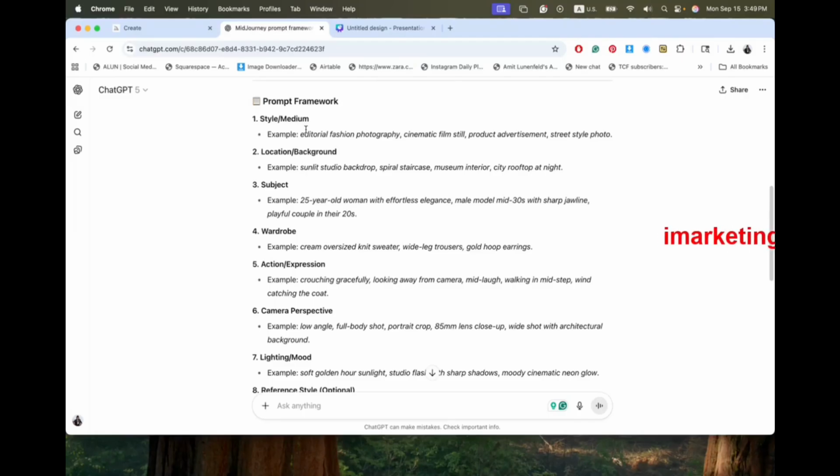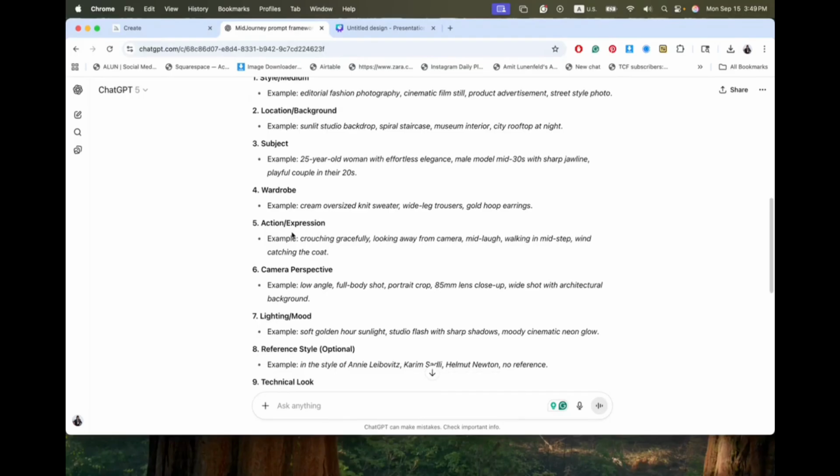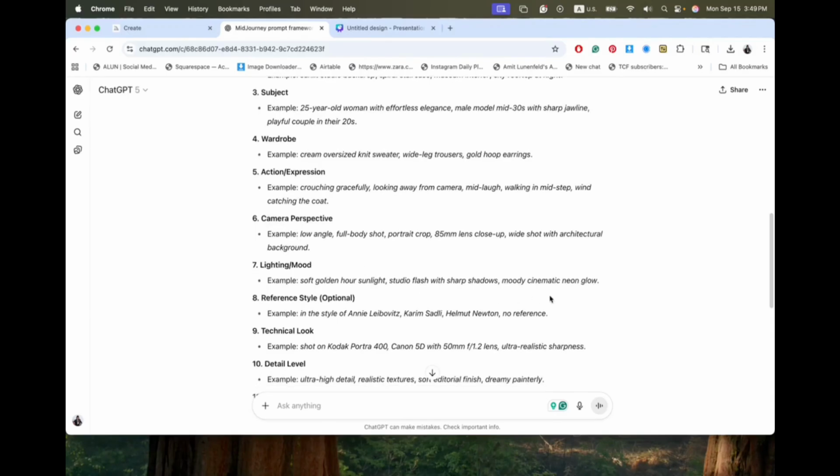The subject could be, for example, a 25 year old woman with effortless elegance, male model, mid 30s, etc. Wardrobe, what she's wearing, it could be a cream oversized knit sweater and whatever you want her to wear. Action could be looking away from the camera, mid laugh, walking mid step, and more.